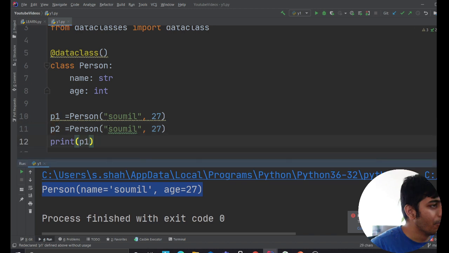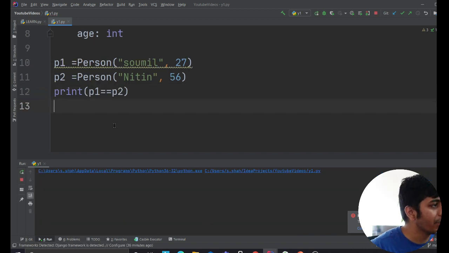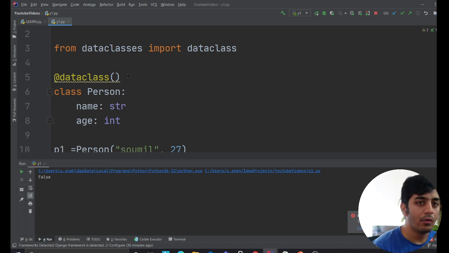So for example, let's do this. Let's say if 56. So you can also now do comparison on objects. They have already implemented all these things for you. I mean, all these built-in things, they have already overloaded on their object. So you don't have to waste time writing those overloaded methods in a class. So this is some of the advantages of using a data class.